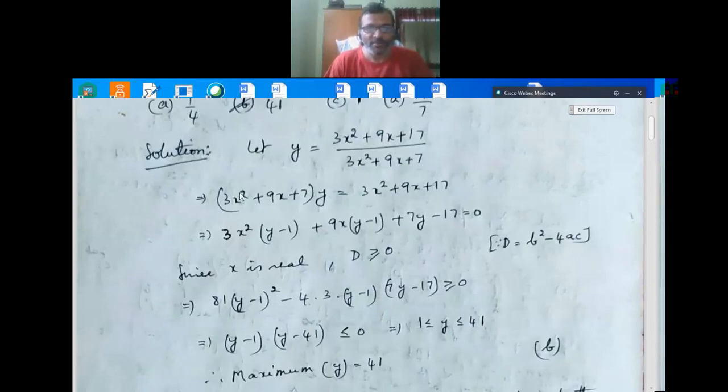Now you cross multiply here, just ordinary cross multiply. Then I'll group them. That is for our knowledge, that comes from experience. See, I can group them. Here 3x squared, here 3x squared, so 3x squared into (y minus 1). Here 9x, here 9x, so 9x into (y minus 1). I'll annotate it.